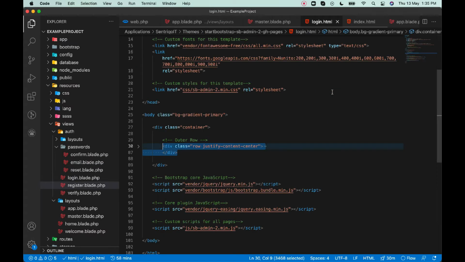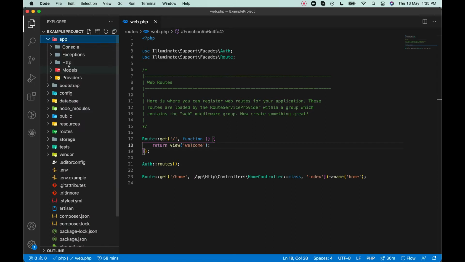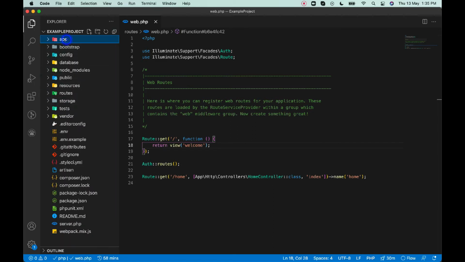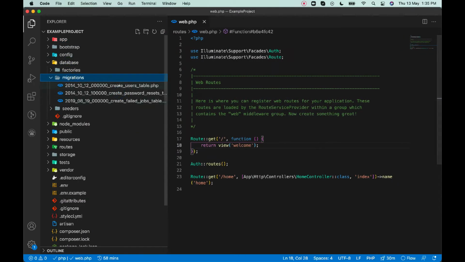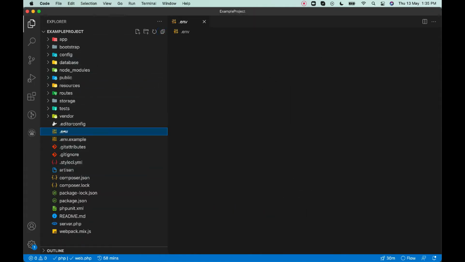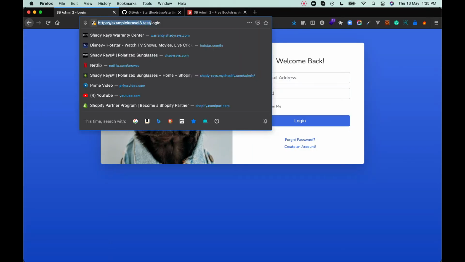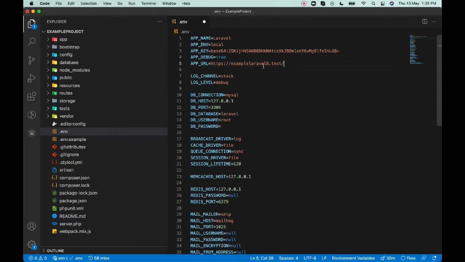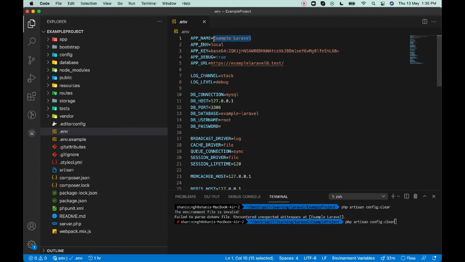Alright, let's quickly test it. So we have authenticated routes, so I have to check the migration for this, and migration is like we have users table, we are all set. I just need to make sure we have this database setup. So as you can see we have not set up the database yet, so I'll simply copy this, paste it here, and the name is example Laravel. Okay, white space is there, so we need to put it into the